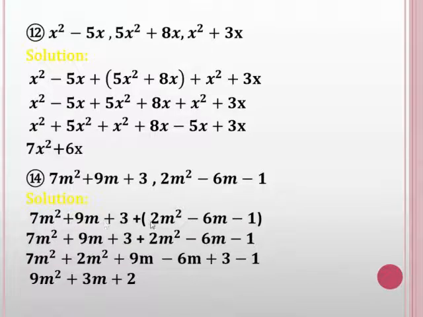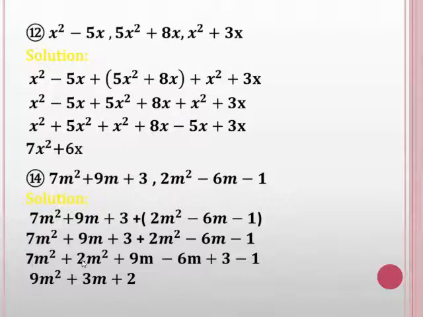Now students, here we add the second expression. We remove these brackets: 7m square plus 9m plus 3 plus 2m square. Now this one has a minus sign, so here we write plus minus minus and write the 6m. Again the third term carries the minus sign, so here we multiply plus minus minus and write 1 as it is. Now we separate the like terms carrying the variable m square: 7m square plus 2m square, plus 9m minus 6m, plus 3 and minus 3 are the constants.